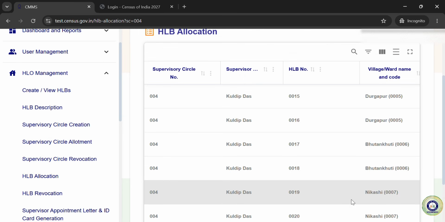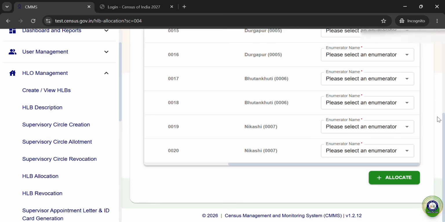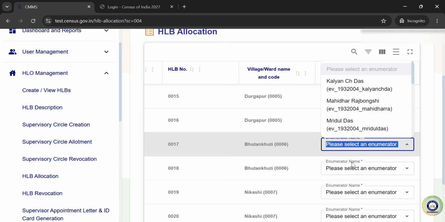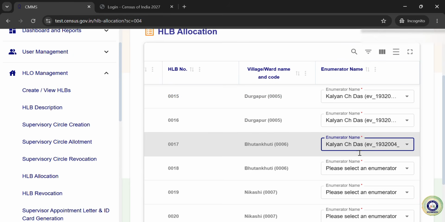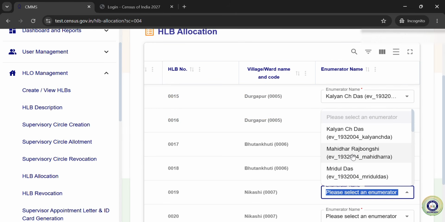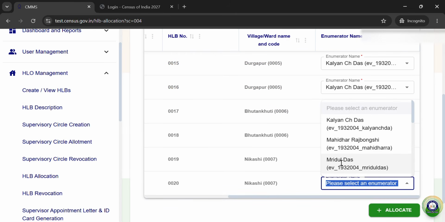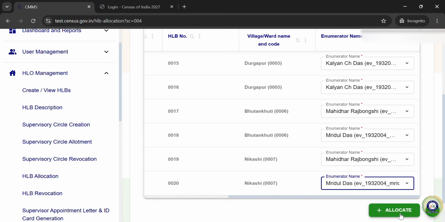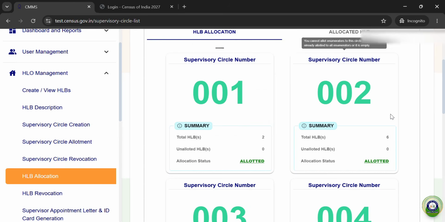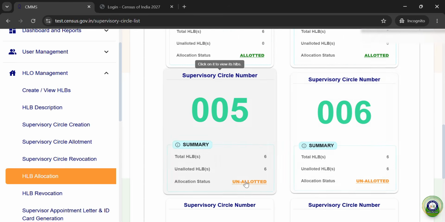Now we will go to the 4th one, and now we will click on the enumerator drop down list, and from that drop down list we select the enumerators whom we want to give the enumeration. Okay, in this way we will allocate the HLBs to the enumerators, right? After that, this one also we have allocated.